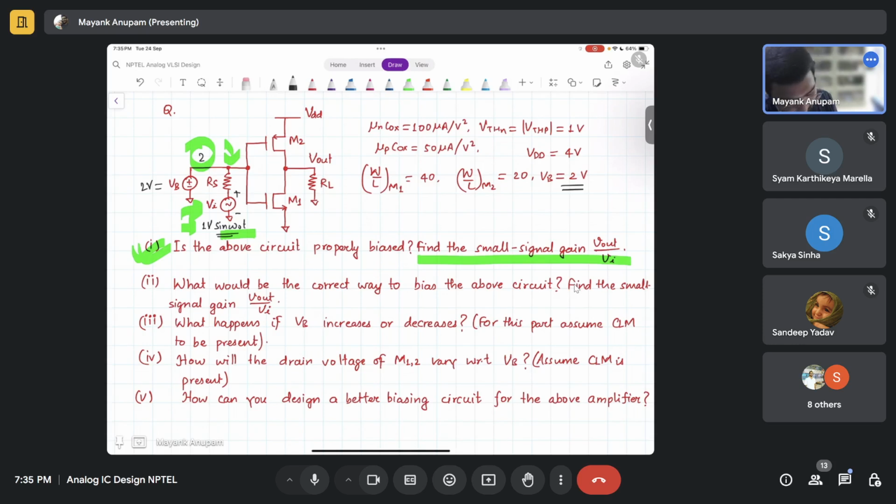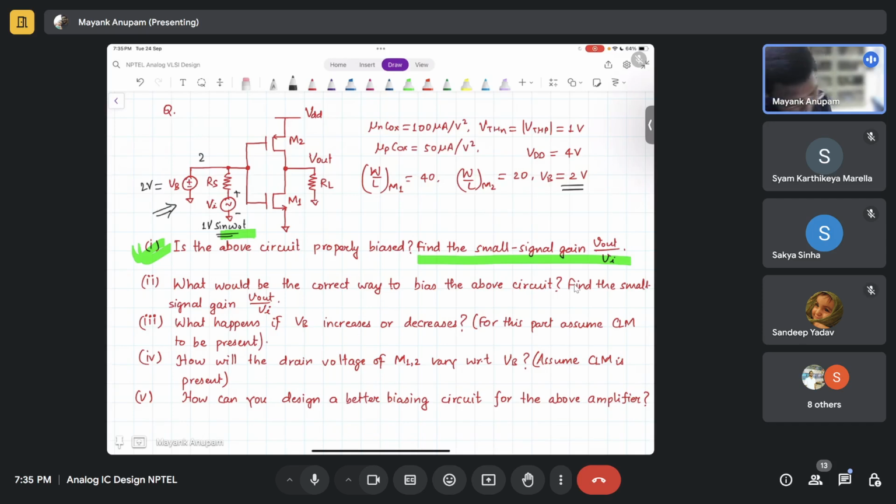And because of this, there will be a current here. That current will be sinusoidal, but ultimately the voltage right at this point will always be 2 volts. Okay, that is being enforced by this biasing voltage only. So now tell me, a moment ago I just said that your biasing circuit should never disturb your small signal